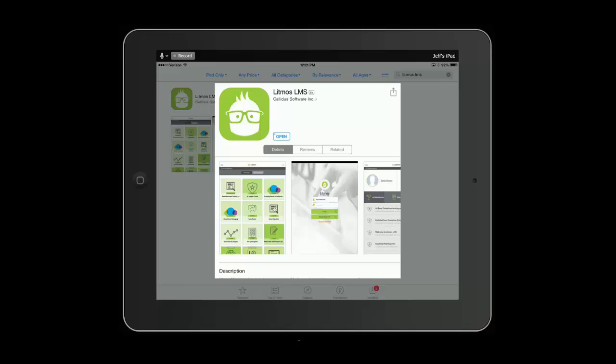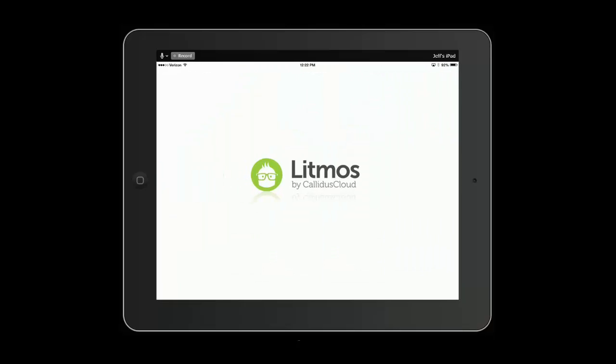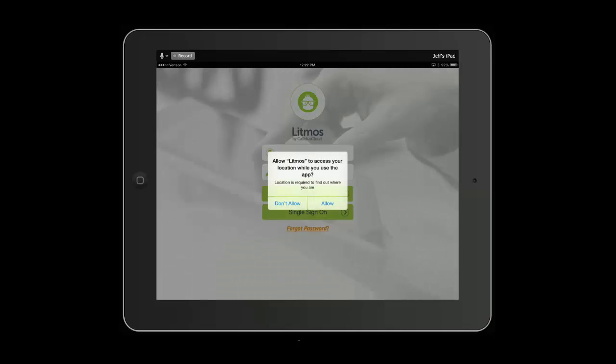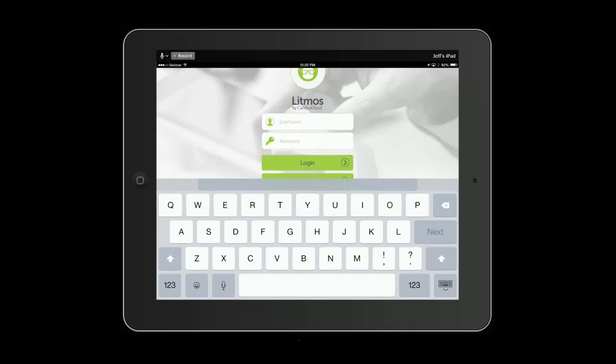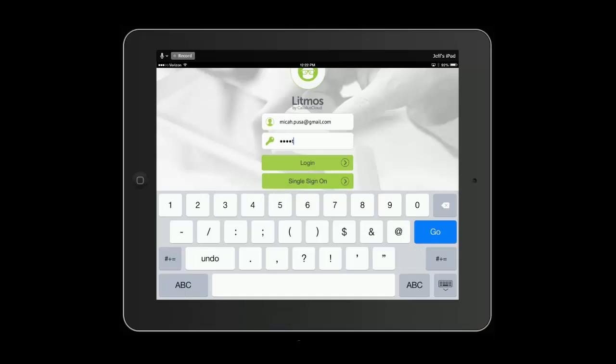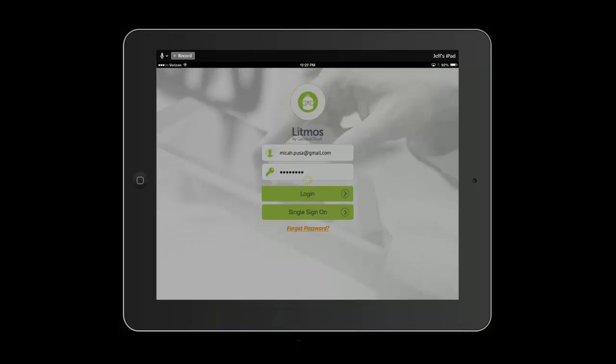Okay, so it's done downloading, so we'll hit open, and it'll take you directly to the application. It's on your iPad here, so go ahead and click allow. Let it use your location. Not that it's a big deal, but just go ahead and click allow there. So your username should be your company Gmail, so I'm going to use mine. Gmail.com, and then the password should be paint123. It's in the email I sent you. So go ahead and click login,